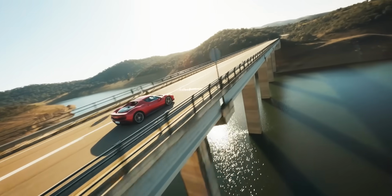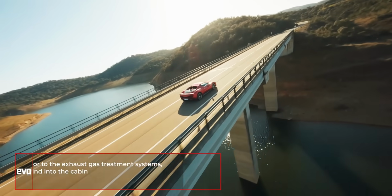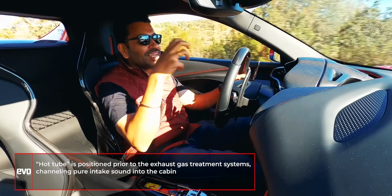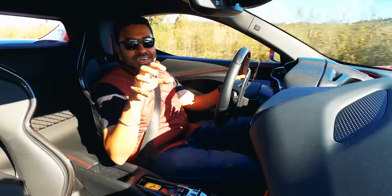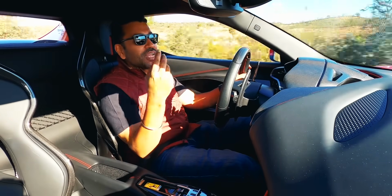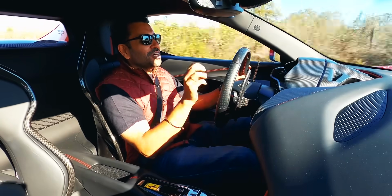You can play with this throttle like a musical instrument. There is also a patented hot tube which pipes in the intake noises into the cabin. Now it is not amplified, it doesn't come through the speakers, but those intake noises are piped into the cabin, and that's why you can hear so much more of that turbo. All the chuntering and